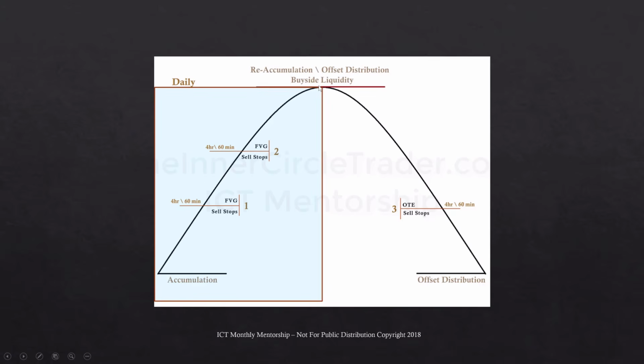Again, the same model idea is if we break below stage 1 reaccumulation on the buy side of the curve, over here, this could be a longer term buying opportunity. So in other words, it could be a swing trade or it could be the beginning of a beautiful position entry, long-term position entry. If we have the time frame seen on the daily and we're at this price point here and we think the daily is going to reach up to this price point later on a 4-hour and 60-minute in this area here, we can frame